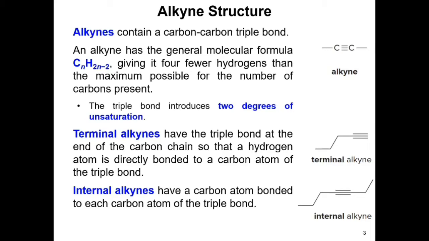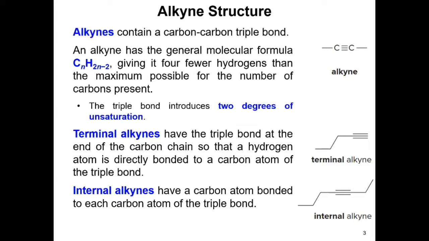Alkynes can be classified into 2 types, terminal alkyne and internal alkyne. A terminal alkyne has the triple bond at the end of the carbon chain, so that one hydrogen atom is directly bonded to a carbon atom involved in the triple bond. On the other hand, an internal alkyne has a carbon atom bonded to each carbon atom involved in the triple